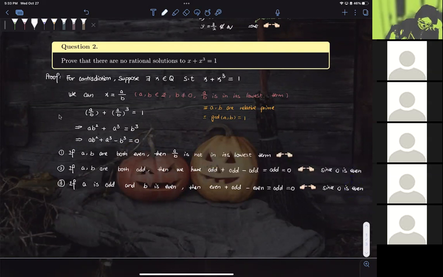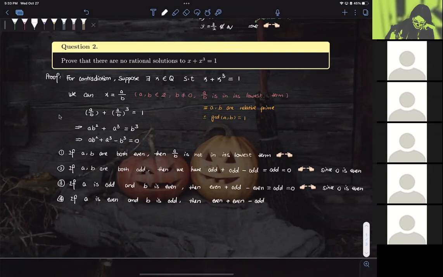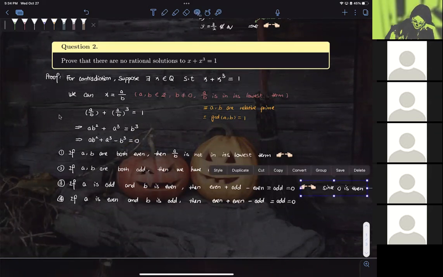And lastly, if a is even and b is odd, then what do we have? a is even, so even plus even, right? Even plus even minus odd should be odd. Okay, and similarly, contradiction. Why? Because